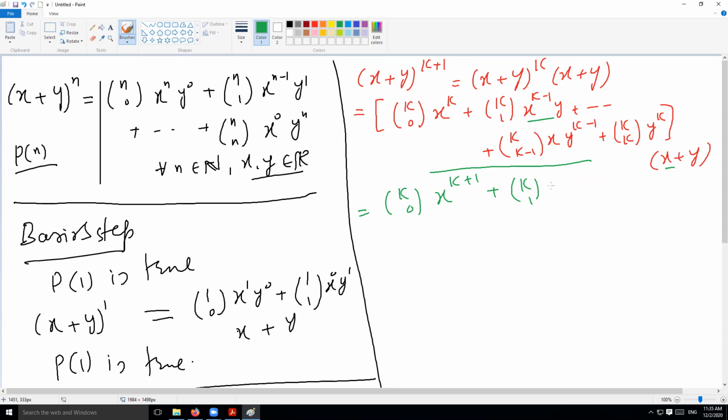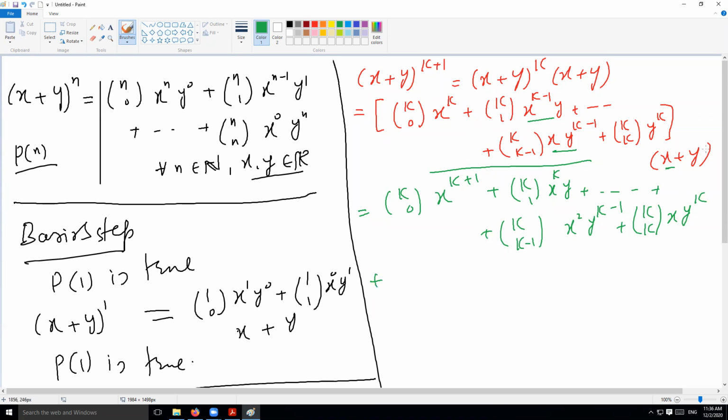What are you going to get? x^k y plus so on and so forth, plus this expression, this x is multiplied with this. What are you going to get? You're going to get k choose k-1 x^2 y^(k-1), plus the last term is going to be k choose k and x y^k. Okay,